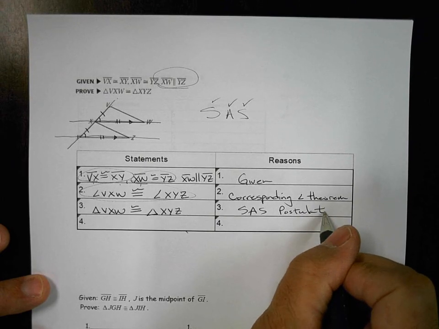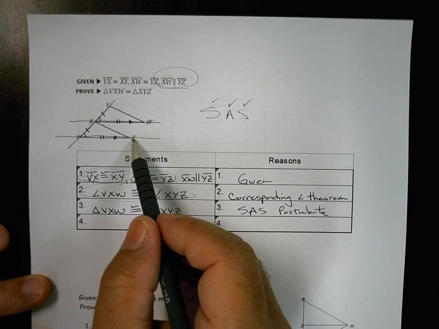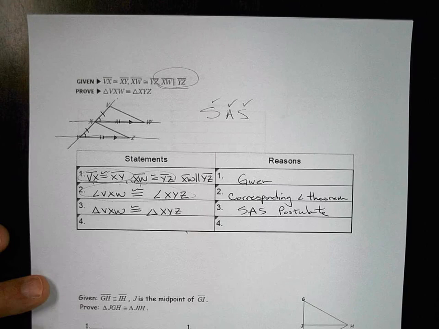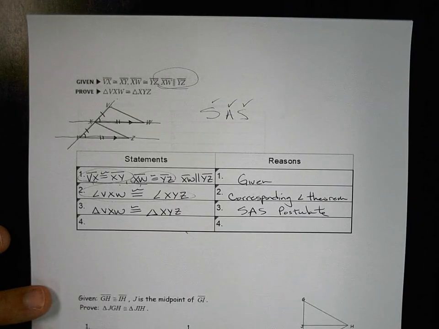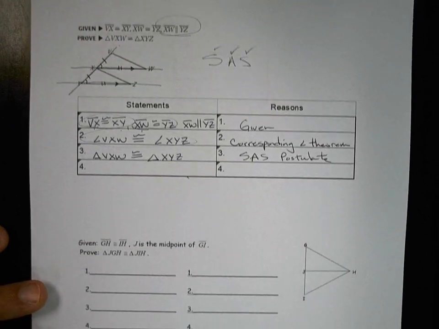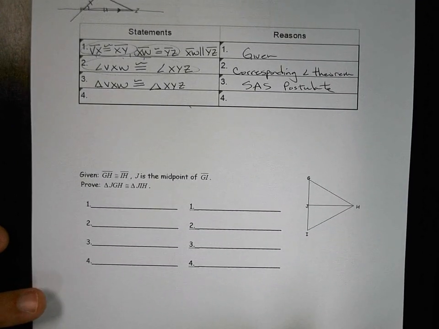When I was making up these notes, I pulled this question from an old worksheet, and I pulled these statement reason grid from another worksheet, and that's why we have extra lines here. Okay, let's go down to the last one we're going to do. This one's,